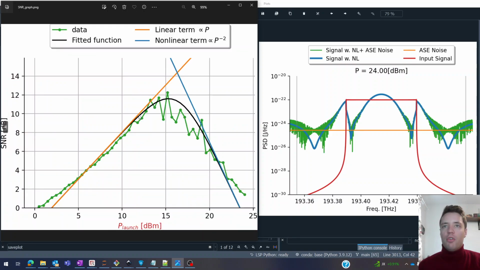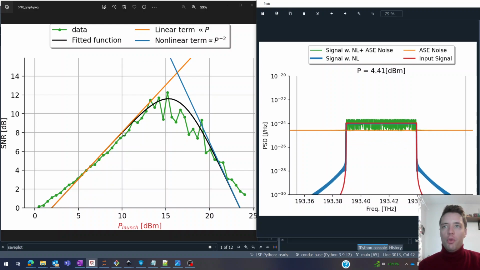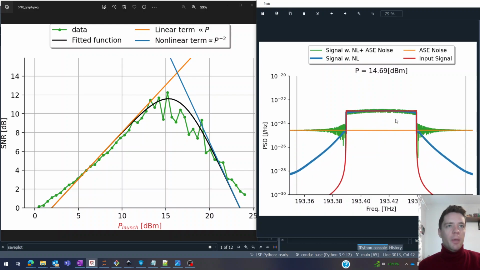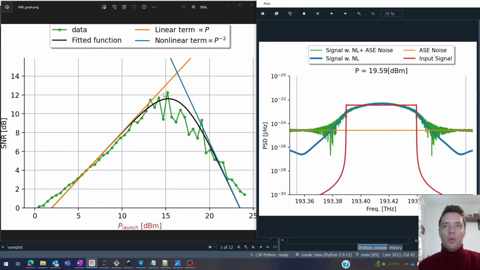So to investigate the exact trade-off, I graphed out the signal-to-noise ratio for different launch powers, as you can see right here. Initially, when we have very low launch power, increasing it seems to improve the signal-to-noise ratio until a certain point around 15 dBm, which is around here, where the nonlinear noise begins to kick in and reduce the signal-to-noise